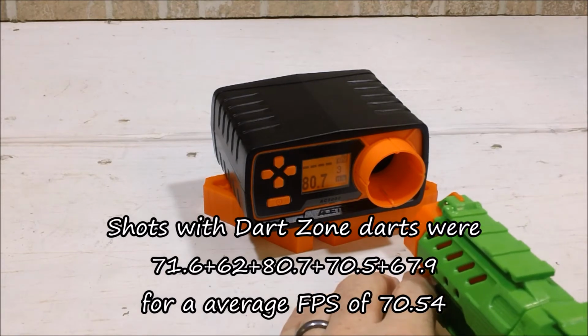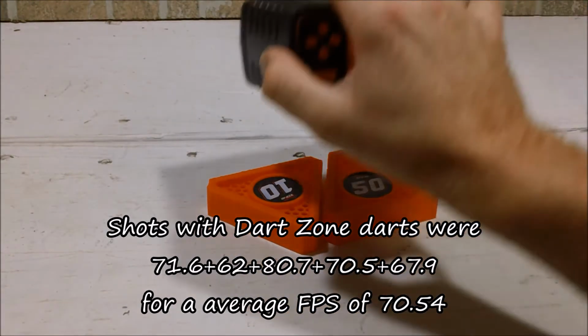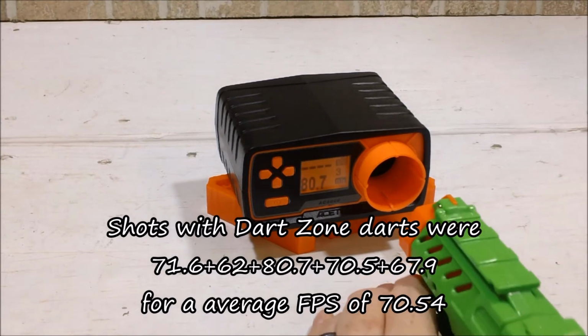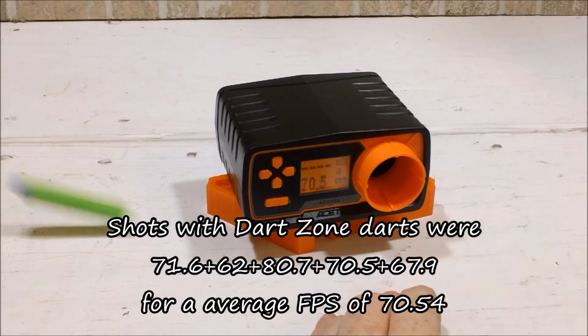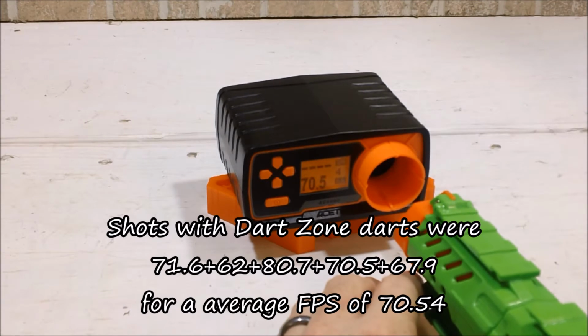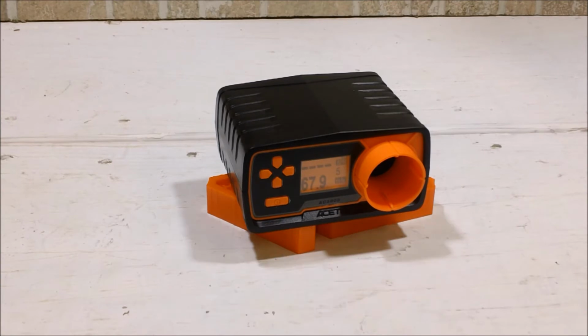The cylinder hadn't rotated. That one's on me again. Dump it out. So far we've had 3 good shots. Let's see if we can get a 4th. 70.5. 67.9. Now, those are kind of all over, but this is definitely a blaster that depends on the dart fit